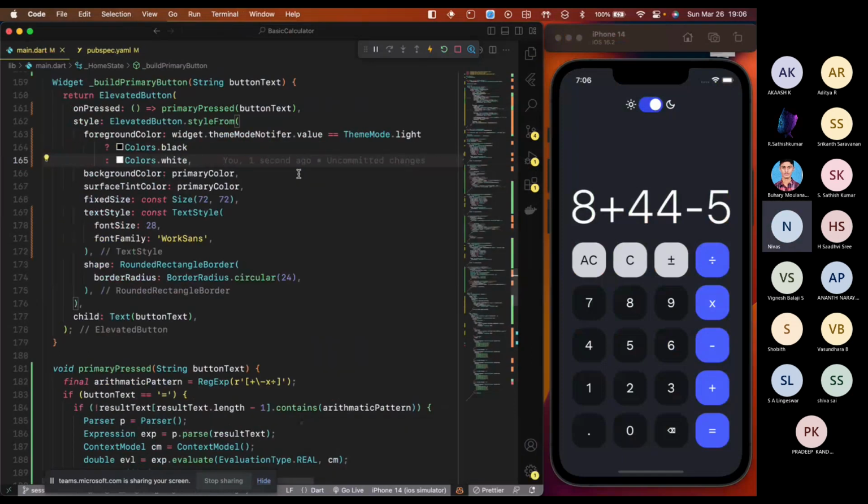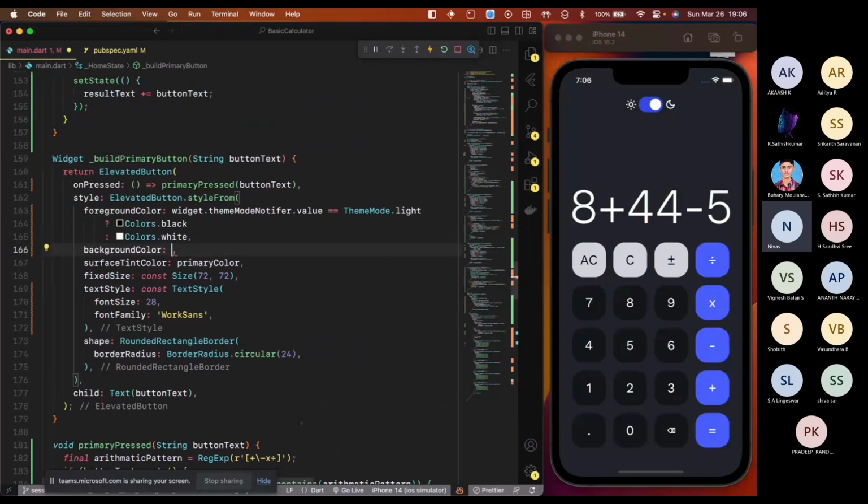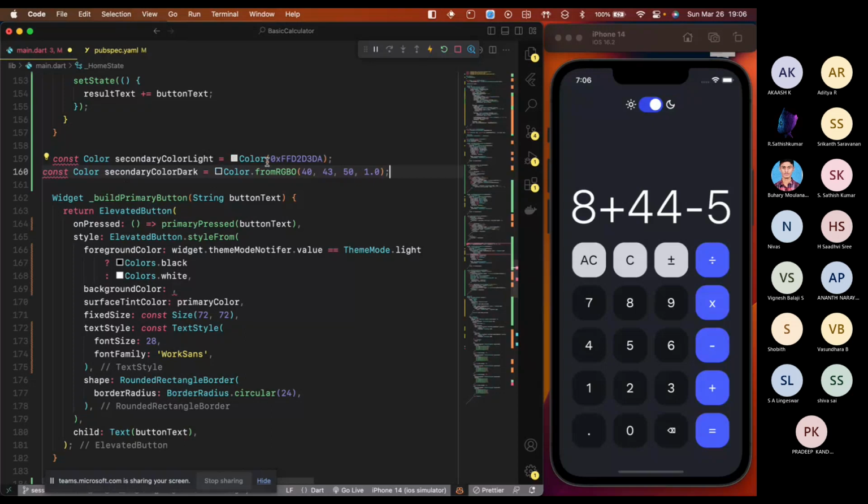Similarly, we are gonna also set the same thing for background color. I need the background color code though. So the background color is gonna be